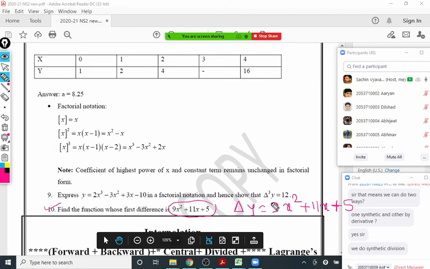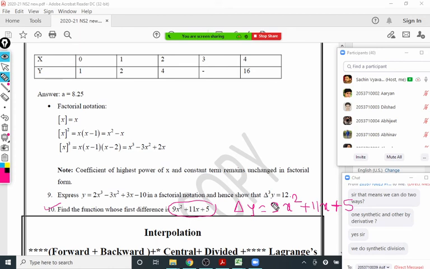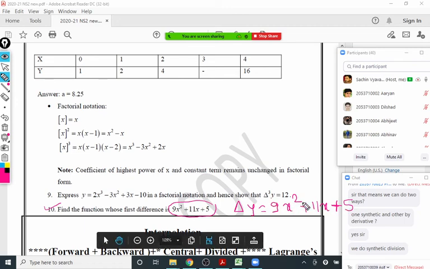Yes, anyone? What should be done? How can we get that function y? Integration, sir. Yes, very good, correct. Because already a difference is given, and a difference is like a derivative. So we have to integrate, but we cannot integrate this function directly. If you integrate this function directly, you get a wrong answer. First, you have to convert this into the factorial form and then integrate. Like here, from the function we get the difference: first we convert it into factorial form and then differentiate. Similarly, we have to convert this into the factorial form first and then integrate.